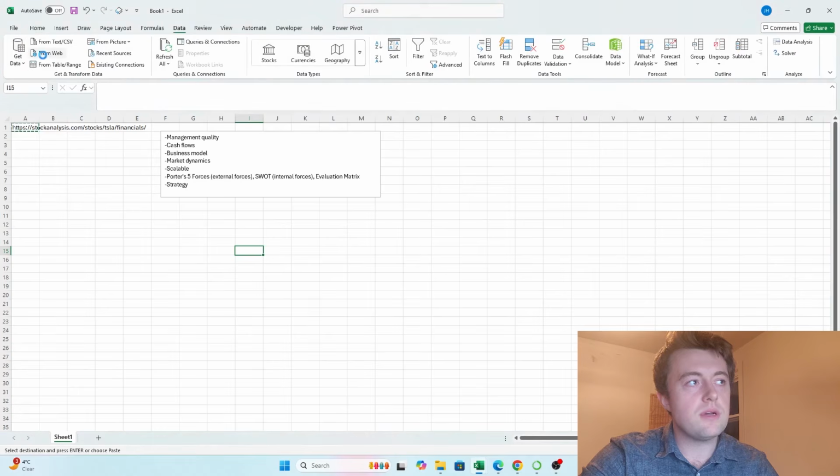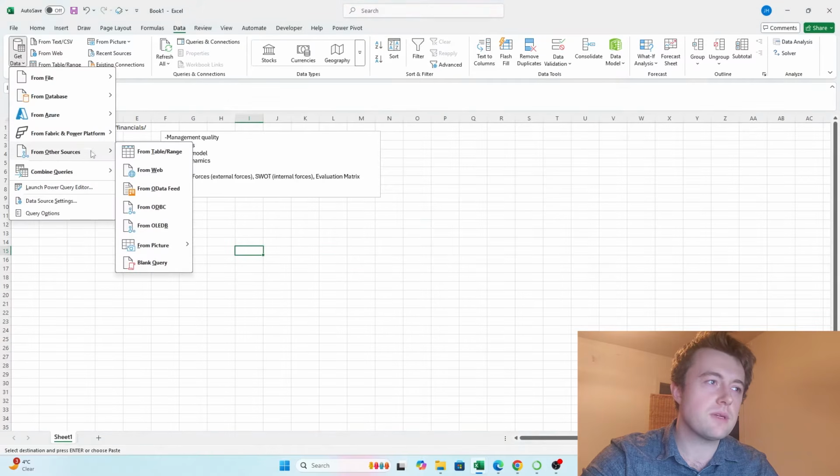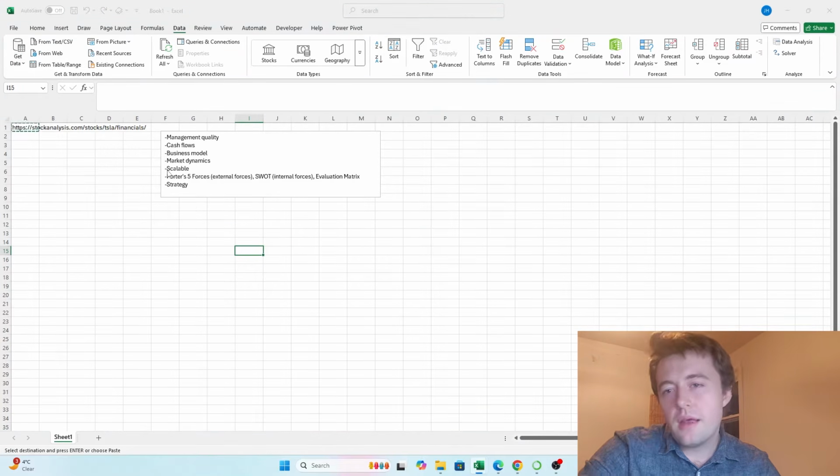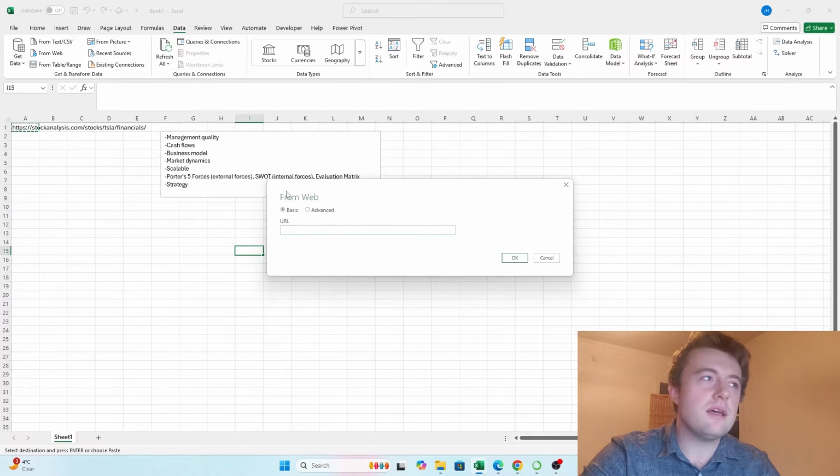Now you will notice that we do have, oops, I'm not supposed to click on that to show you the other way, but you can click on From Web over here as well. If you click on Get Data, there's something like Miscellaneous Sources, or sorry, From Other Sources, right here. And then we go to From Web. And there's other ways that you can take the data too, like you can take it from a PDF, which